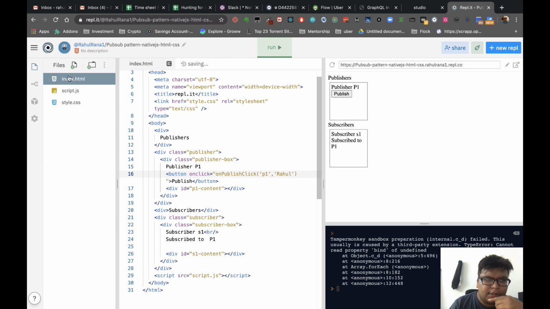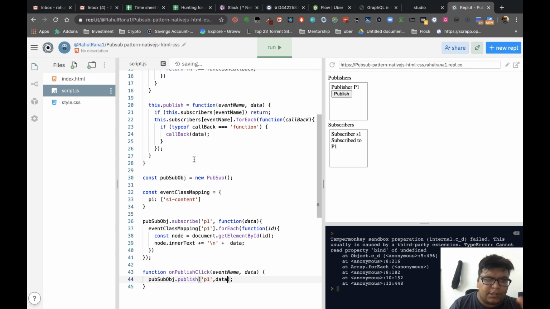So if I click now, this initializes the object. For the p1 event, this is the content we want to update. We subscribe to p1, we receive data, we go to p1. So for this ID we get the node, we just update the node, right? On publish click, we'll update the event. This should ideally work.